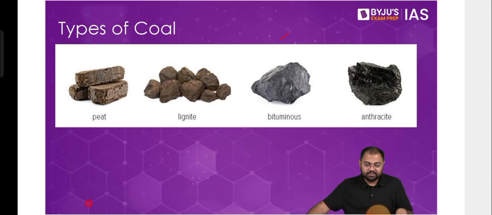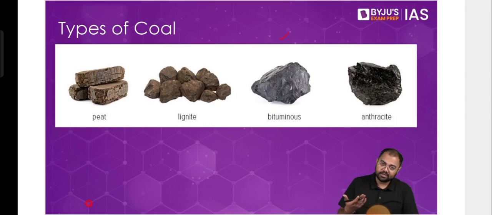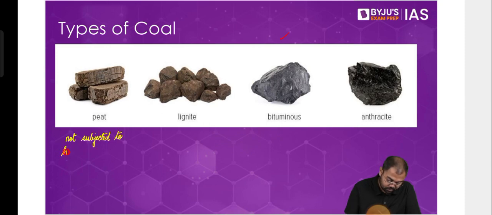So much so that if you go to the Coal India website or Ministry of Coal website, many times they do not even consider peat as coal, and they would write peat and coal. So coal is coal and peat is peat. They do not even classify peat as coal many times. So that's why, just remember that peat was not subjected to high temperature and pressure, and hence it has this kind of appearance, and the efficiency is also very low. Right? So that is what peat is.